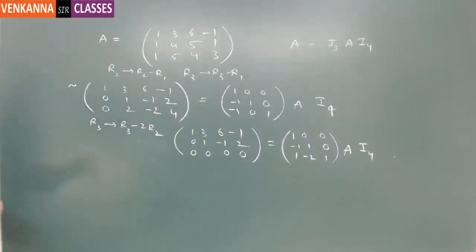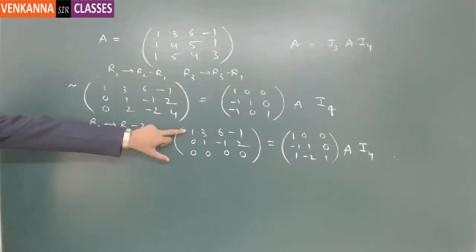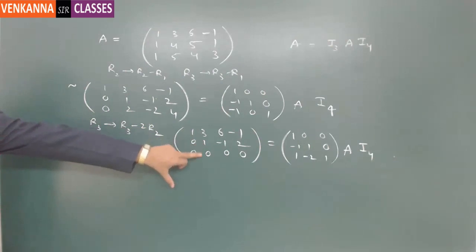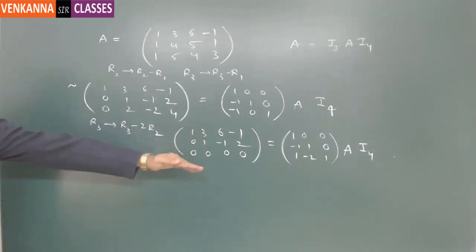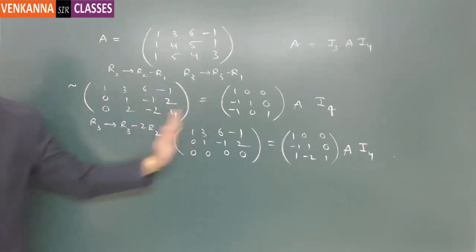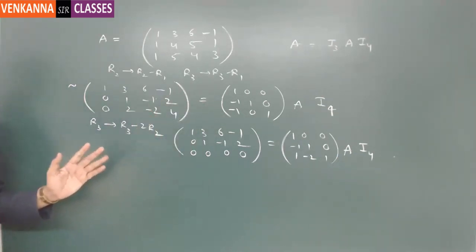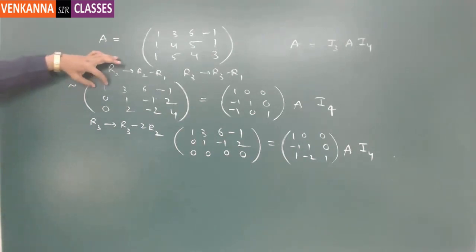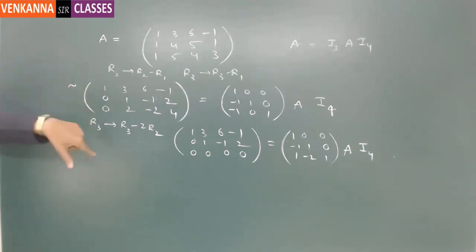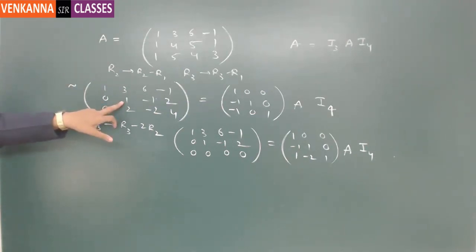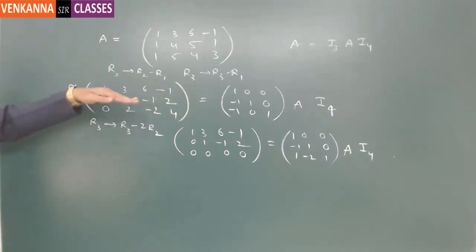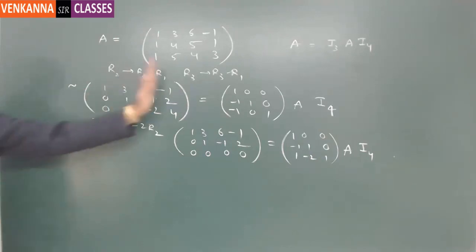So once we have done that, the elements below the first diagonal are 0, the elements below the second diagonal are 0, then nothing is there to make 0 below the diagonal elements. Now you are going to apply the column operations. So the process while applying the row operation is, we first take the first diagonal element, then make the values 0 below it. Then we consider the second diagonal element, then we check whether the below value is 0 or we will make it 0. So once we have finished with this type of pattern, then we start doing with the column